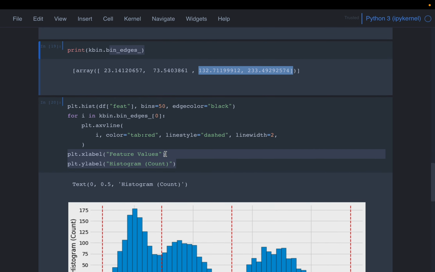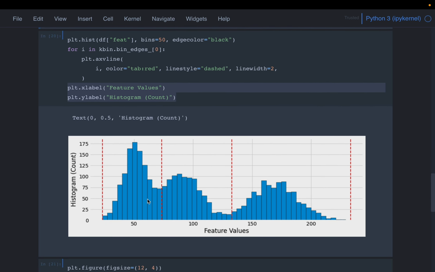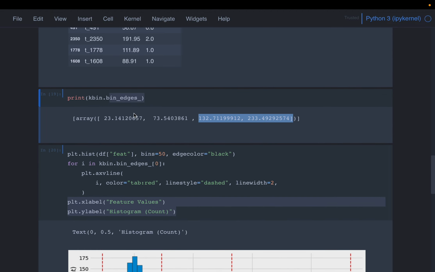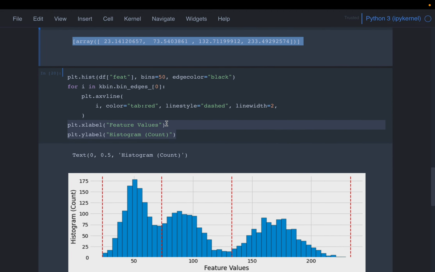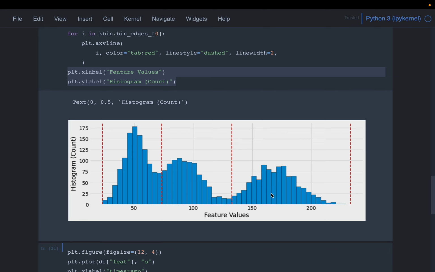Okay, so we are doing some plotting. This is the histogram of raw data. This is our actual data. Now these vertical lines represent the 4 boundary values we have discussed. So given the data in this blue color, the model has divided it into 3 groups with the boundaries. The first group values lie between this and this, the second group values lie between this and this, and the third group values lie between this